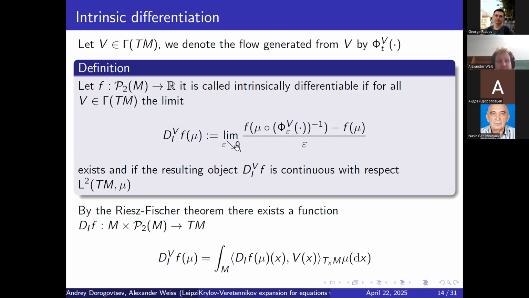And if this exists for all V, and if the resulting object is continuous with respect to L2 of T_m mu, then it is called intrinsically differentiable. Furthermore, if it is continuous with respect to L2, we can enlarge this map not only for smooth functions, but for all functions in L2. And by the Riesz-Fischer theorem,